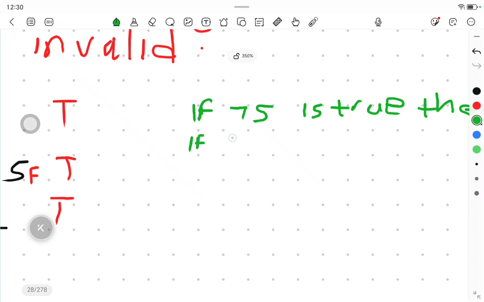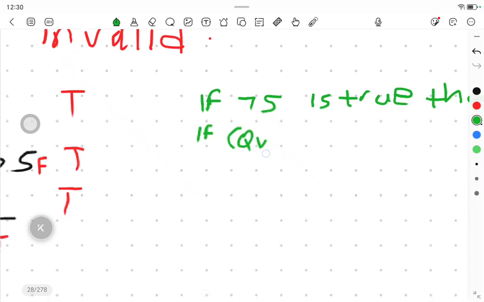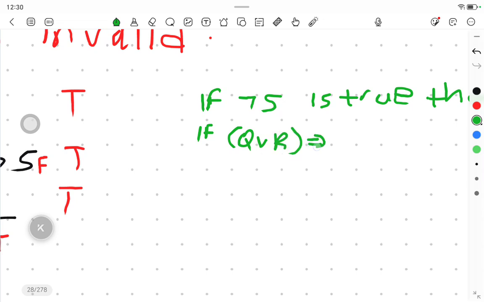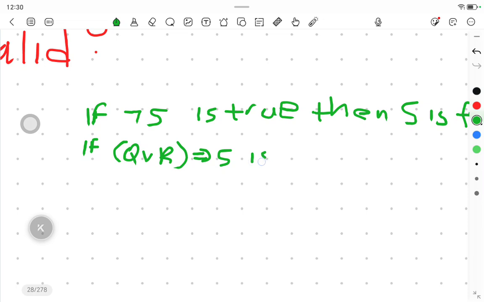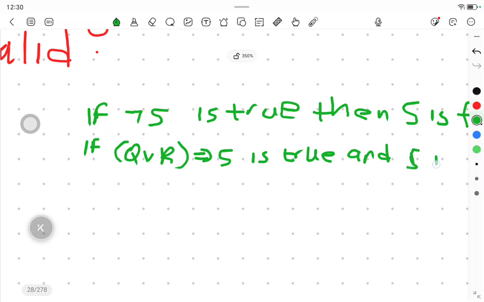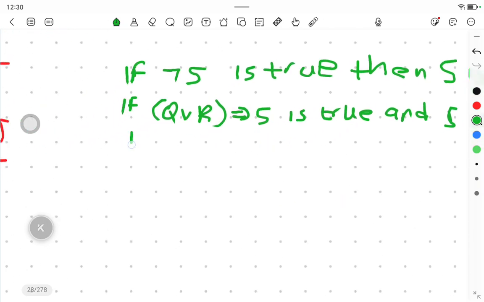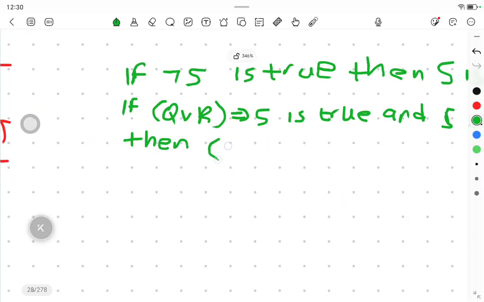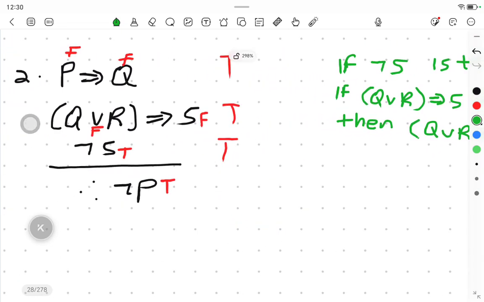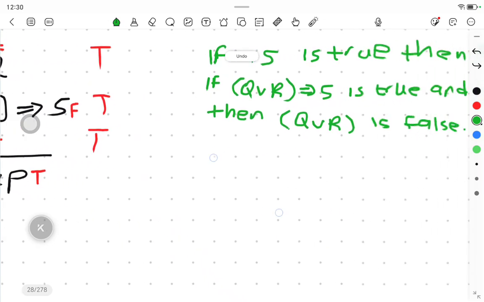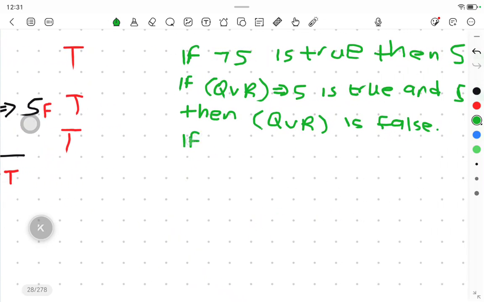Then we're going to come to another statement. We say that if this is true, and what do we know from this? And S is false, then we know that Q or R is false. We have said that here, that this should be false. So from here, if Q or R is false,